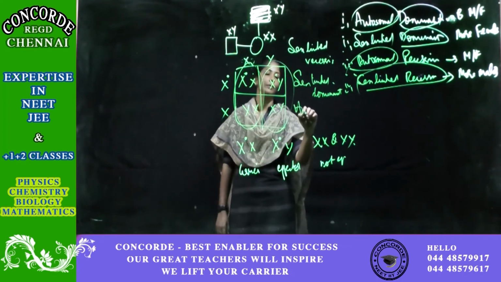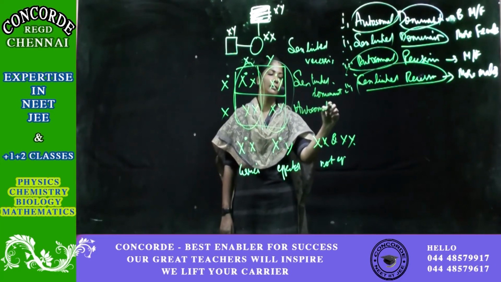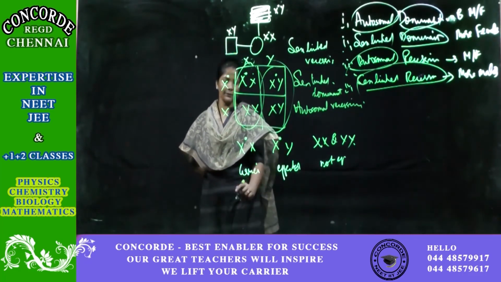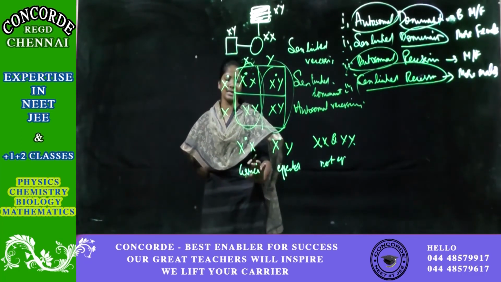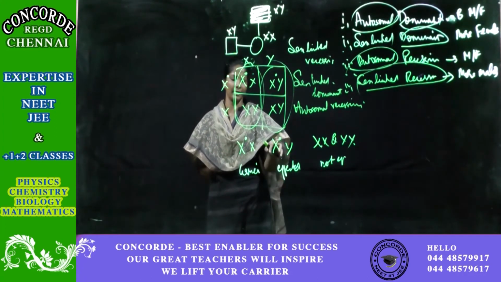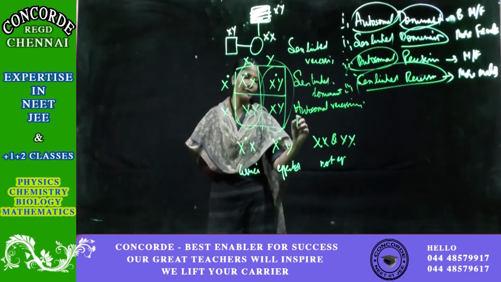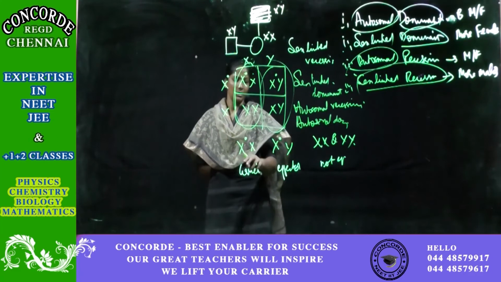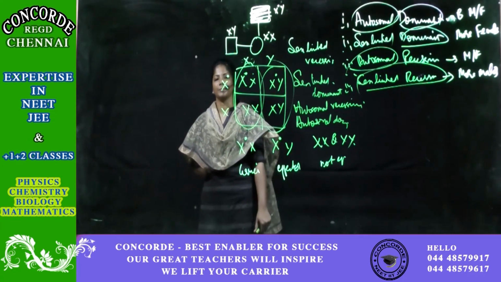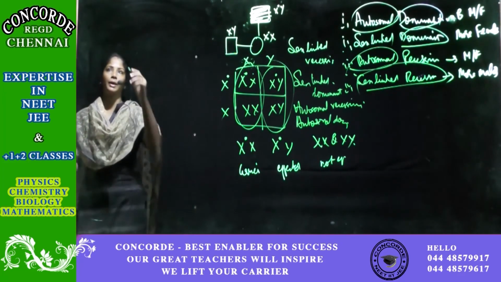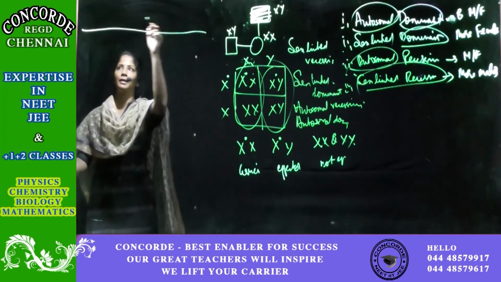If it is autosomal recessive, I should not see this X or Y. I should just see if I have two copies, it will be affected. If there are two copies, affected. So not affected, not affected. These two are carriers. And if it is autosomal dominant, these two are affected. Clear? So this is how we have to sort out. Now I'll list out the conditions, and I'll tell you in what case they're affected and not affected.